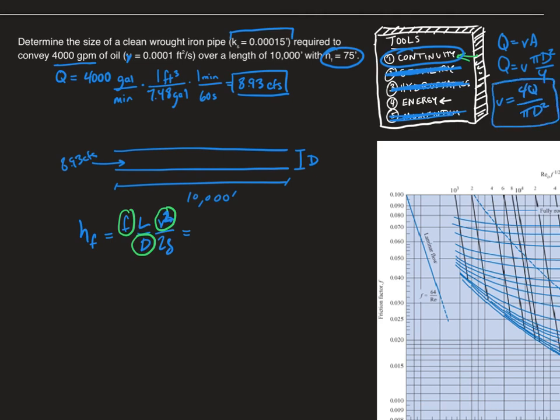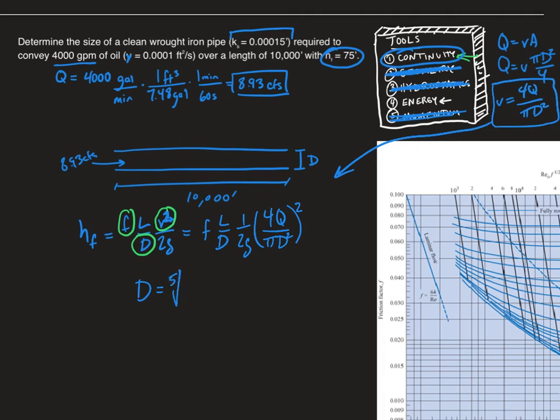I'm doing that because it means I can get rid of a variable. If I plug this in over here, I get f L over D, times 1 over 2g, and then V squared becomes 4Q over pi D squared, all squared. You're like, oh man, that's getting quite ugly. If we rearrange that, we're going to get a really ugly equation. It's going to be D equals, and this is nice because D is what we're looking for,